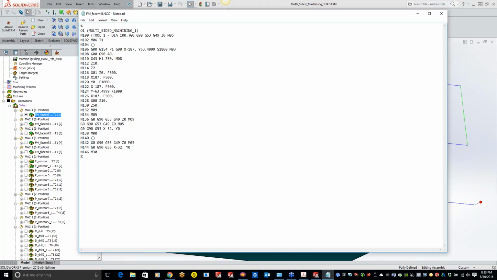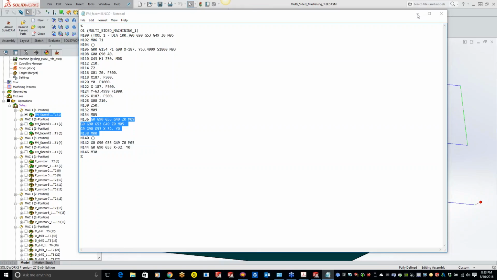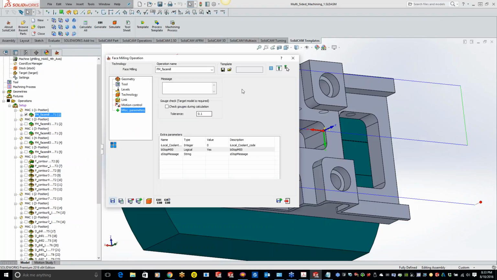Okay, that looks all good right there. Let's say you want this to happen every time. By doing that option right there, that's just going to insert the M00 in there.